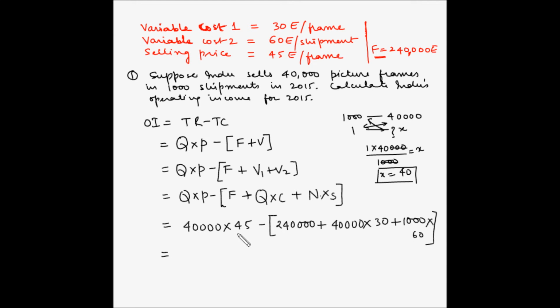So 40,000 multiplied by 45. So 4 5s are 20 to carry over. 4 4s are 16 plus 2 is 18. And then these 4 zeros minus 240,000 plus 40,000 multiplied by 30. So 4 3s are 12. And then 4 plus 1, 5 zeros, plus 60 multiplied by 1000. So this is 60,000. And this is equal to